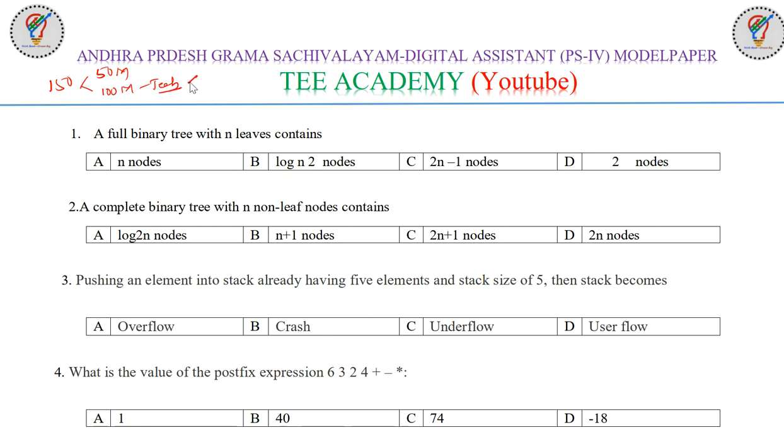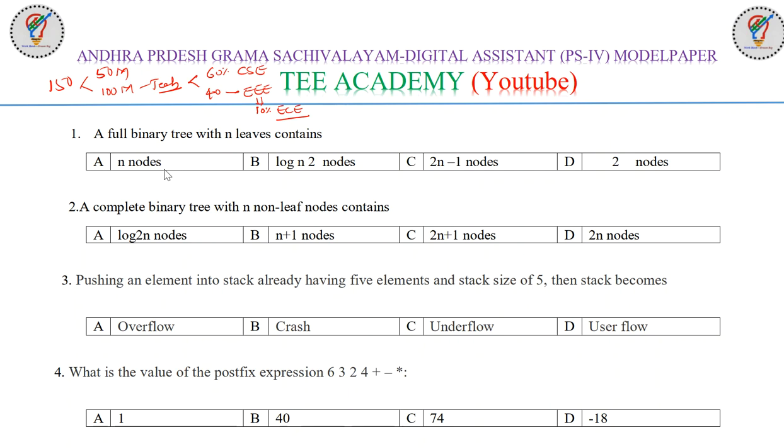In this technical paper, 60% of the syllabus belongs to computer science engineering and 40% belongs to EEE. Among them, around 9 to 10% belongs to the EC syllabus. We'll see the question paper here. This question paper is for your reference only, it's not how you should prepare. Now, let's start the questions.